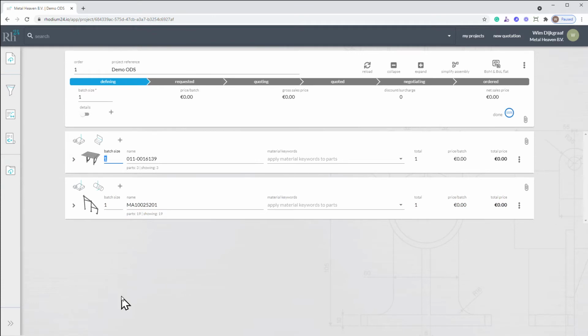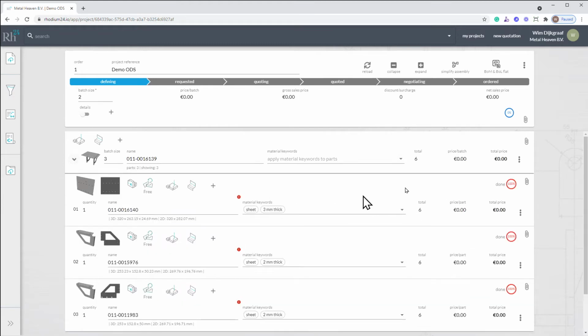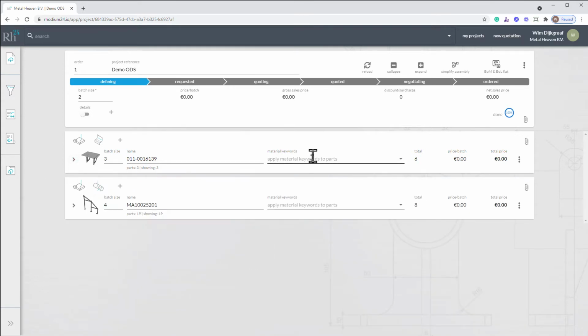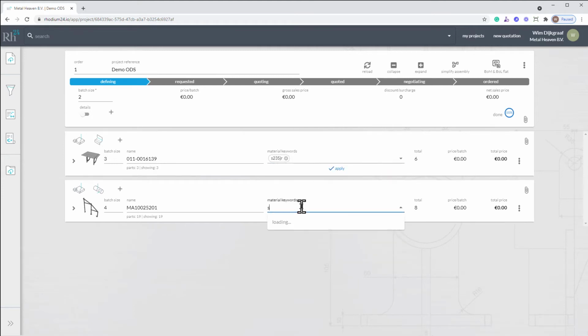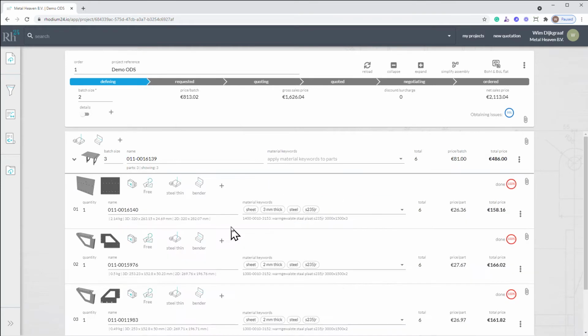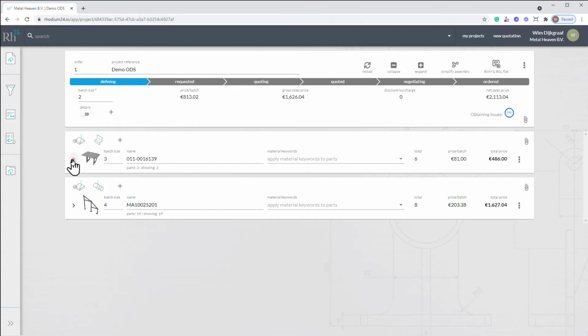The proper amount should be set. So let's suppose that we want that assembly 3 times and this one 4 times and the whole project 2 times. You see that the whole tree structure, the amounts have been recalculated such that at part level we see all the proper amounts. And the second last step is to assign a material. We can simply do that at assembly level. We apply this material and so now Rhodium has calculated and estimated,